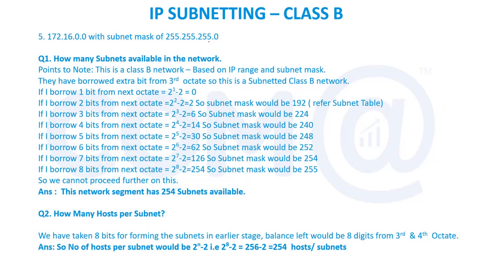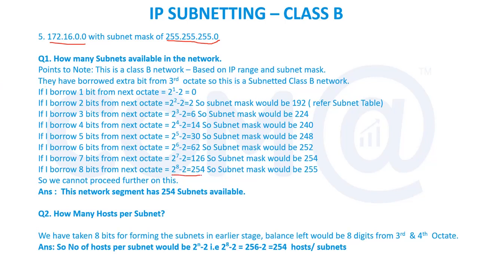So next, this is a very important area, because by seeing this everybody will get confused that this is a class C address, because class C default mask is 255. But it is a class B address. So what I'm saying, this is a subnetted class B. It is nothing wrong in mentioning the number, but it means that somebody is doing the subnetting from this particular IP, and that's why we are getting 255 for class B. So it is very clear.